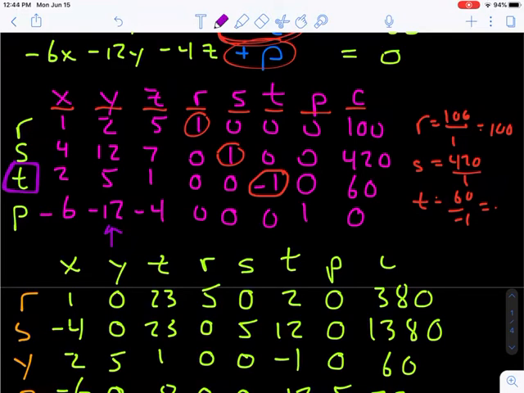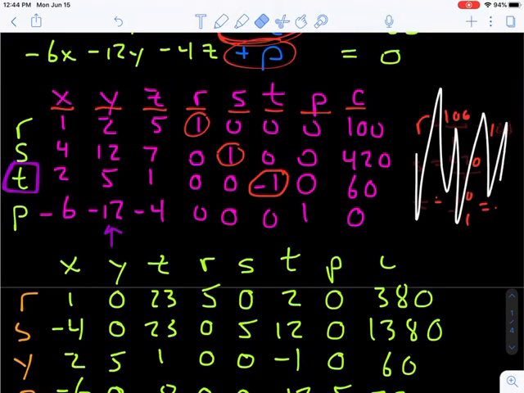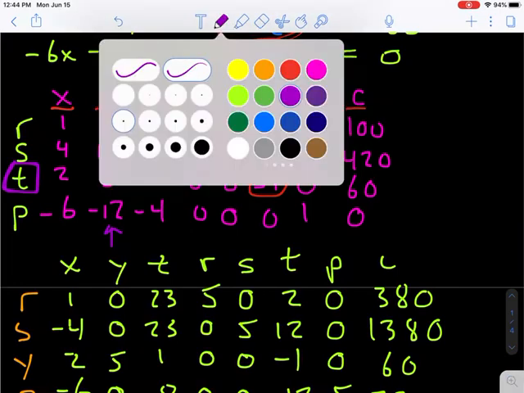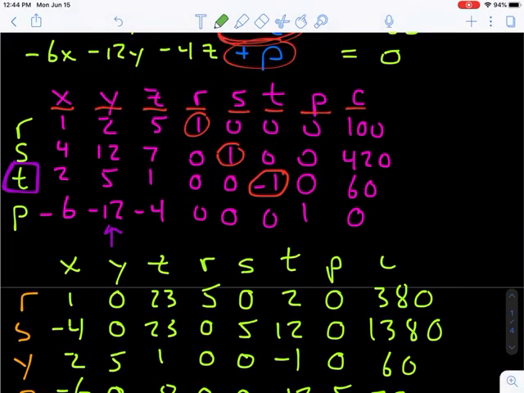Then to determine the pivot, we look for the number with the smallest ratio. And so the smallest ratio is going to be, once again,